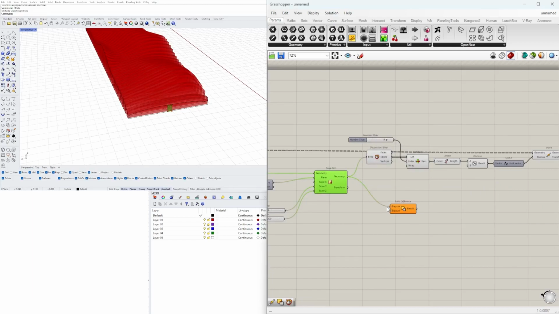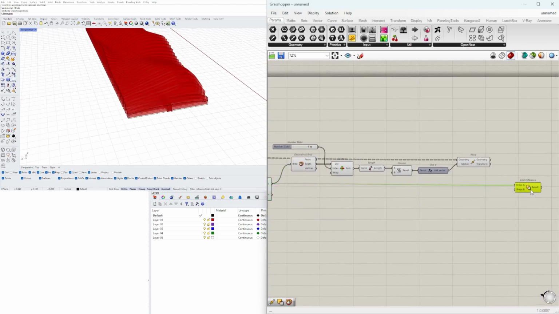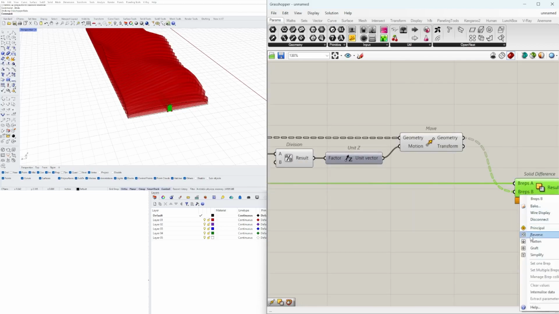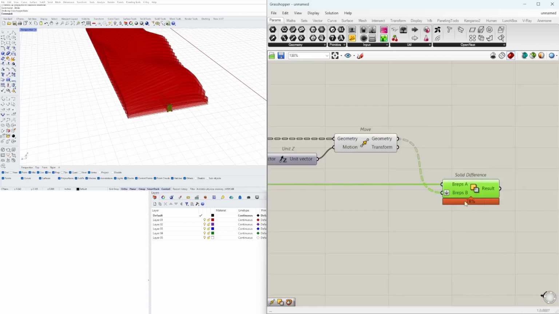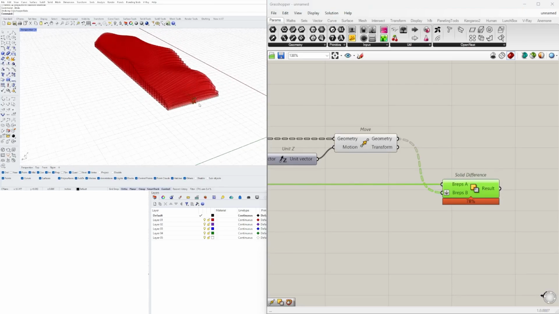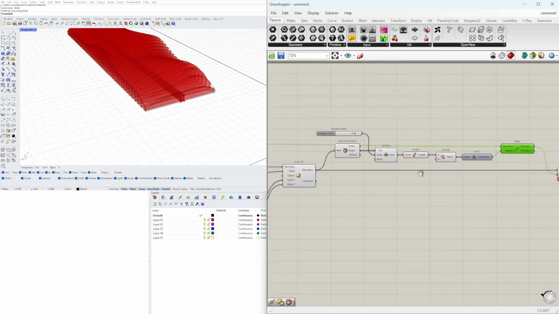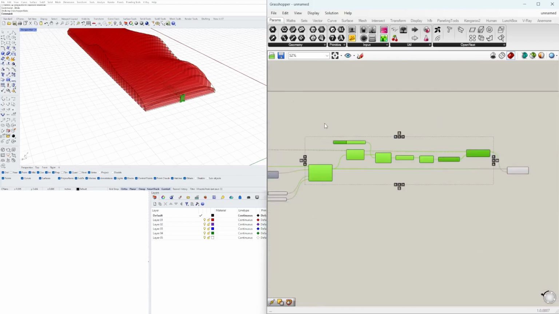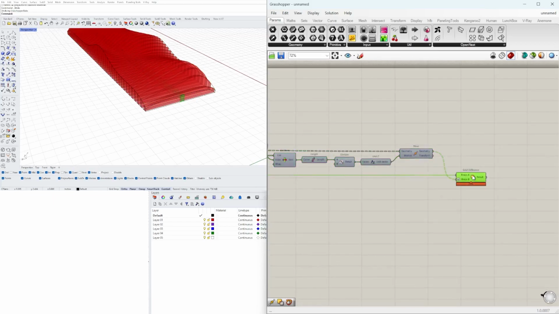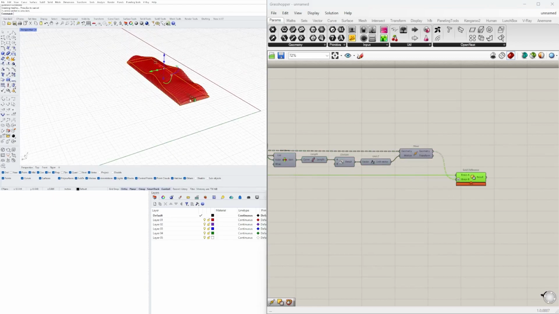So I'm keeping this, and I'm subtracting that entire script that I just created to move it up. Now we do have to flatten the input so it organizes it correctly and it intersects it halfway. Now I can disable the preview on this and the original. So you can see that if I take this, now this,